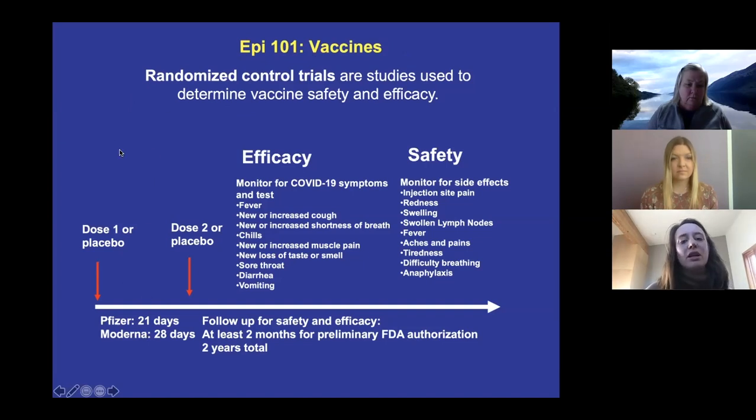Once they're recruited to the study, they're randomized into getting the vaccine or the placebo. Then they start getting administered the vaccine and being followed up to monitor for safety and efficacy outcomes. The Pfizer vaccine is the one that's currently being distributed in Brookings. Our frontline healthcare workers and folks who work in long-term care facilities started last week getting vaccinated by the Pfizer mRNA vaccine. But during the phase 3 randomized control trial, half of the participants got the vaccine, half got